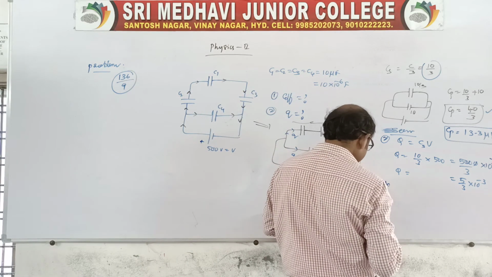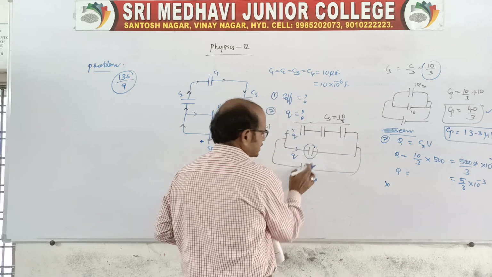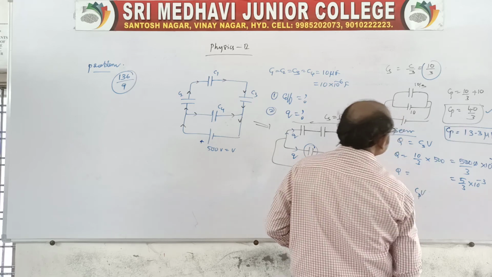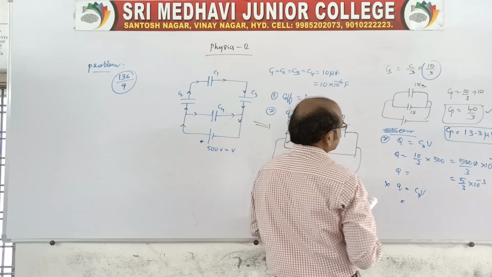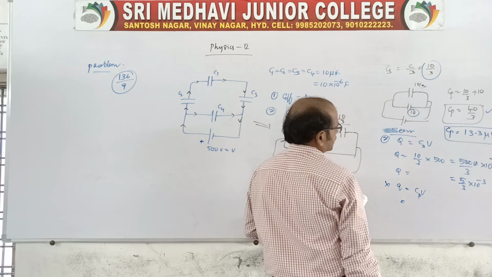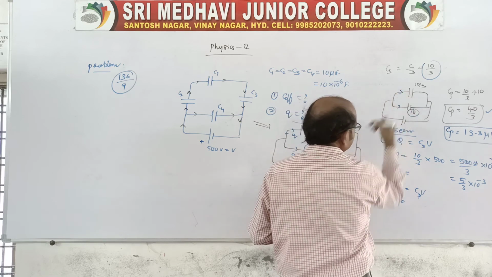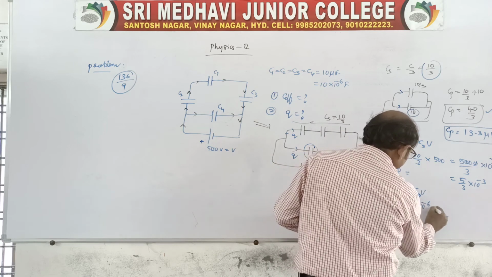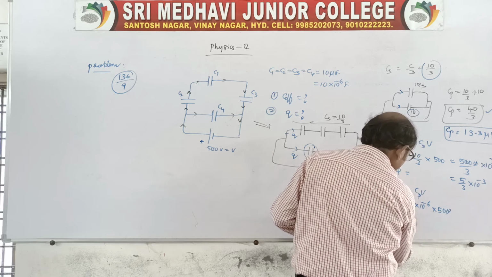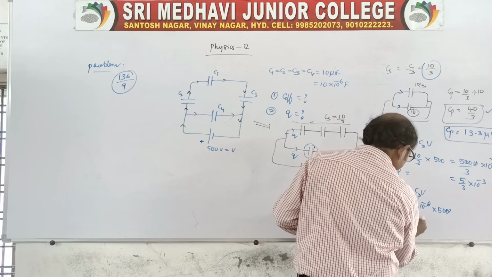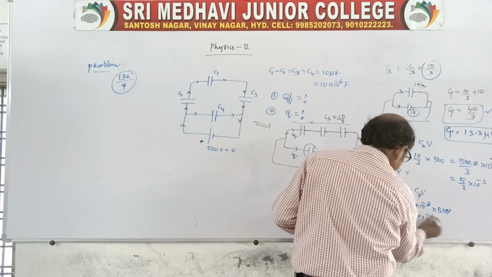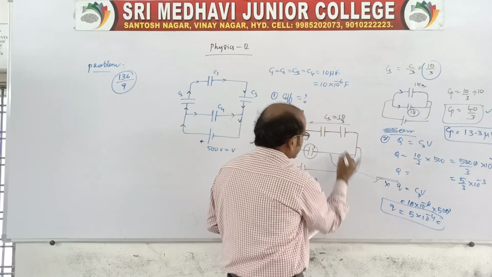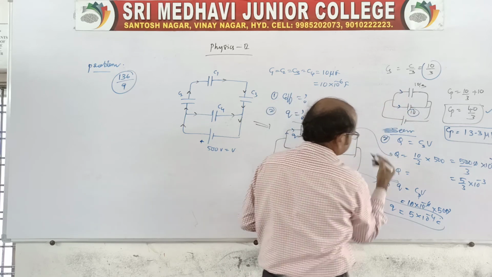And the third one, that is the second one, in case of this capacitor. You say Q is equal to C into V. That is in case of parallel. What is the effective capacitance of the parallel combination? We can take directly 10, because only 10. Through this the charge is divided like this. So 10 into 10 power minus 6 into 500. You cancel, and it will be 5 into 10 power minus 4 coulombs. That is in case of this combination, and for the other combination we can say like this.